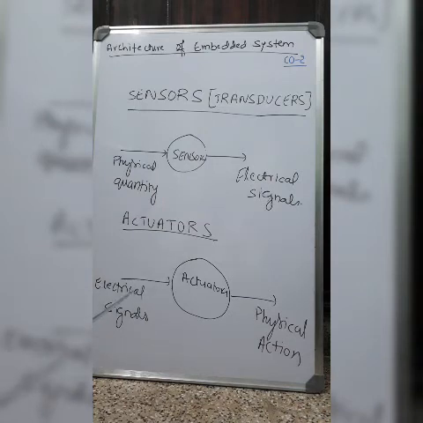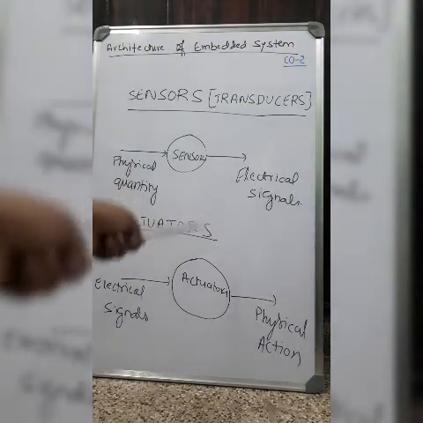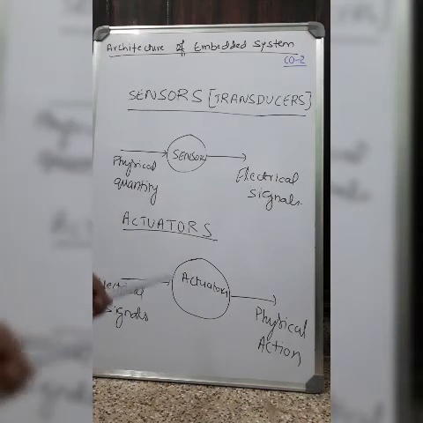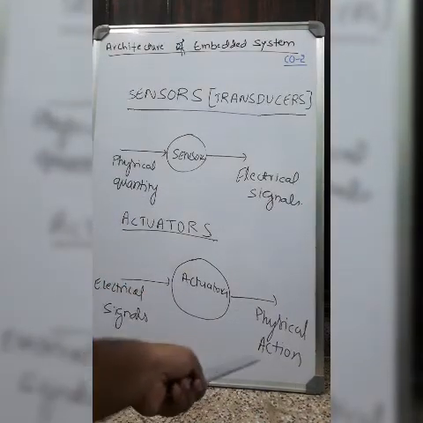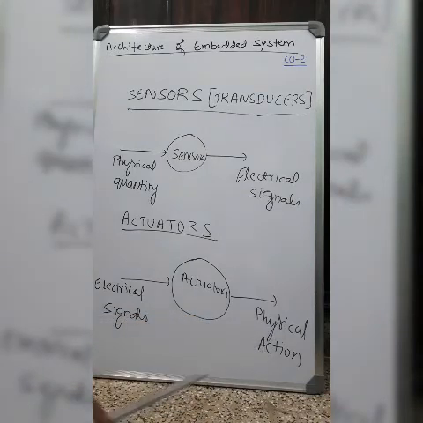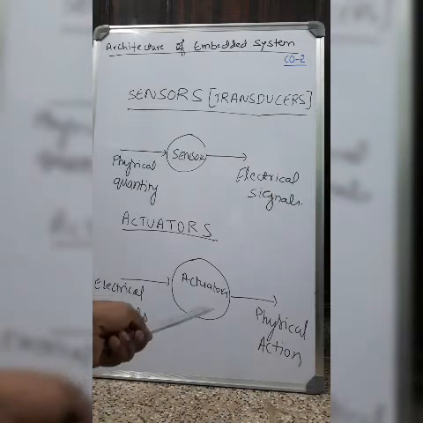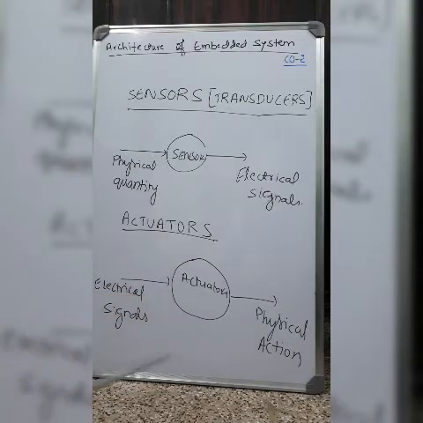Actuators will be there in the output. Any corrective measure or physical action that is required to be taken will be carried out using actuators. Actuators receive the electrical signals from the core or the processor. If there are any variations in the input signals compared to the set values of the user, then actuators need to take physical action or the corrective measure. If no physical action or corrective measure needs to be taken, then actuators are not actually required. Instead, you can use monitors or a display system.